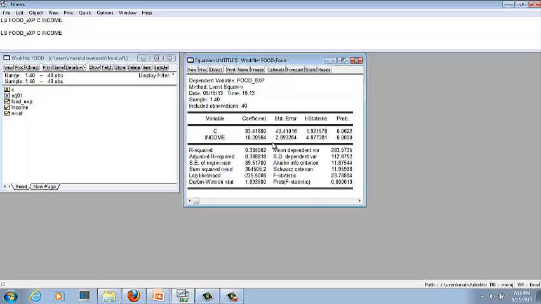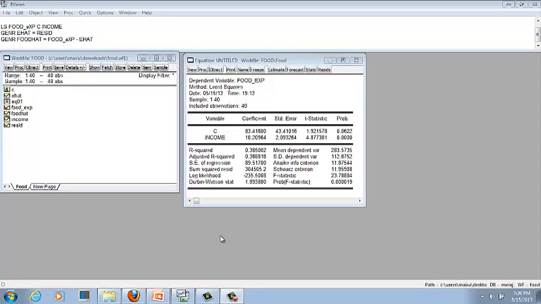Now we're going to save our residuals in one variable that's named EHAT. We generate it by the command genr EHAT, setting EHAT equal to resid, so it takes the residuals from the last regression run. Now you can see the variable EHAT has been created. Now we are going to generate another variable, food hat, which will be equal to food expenditure minus EHAT.